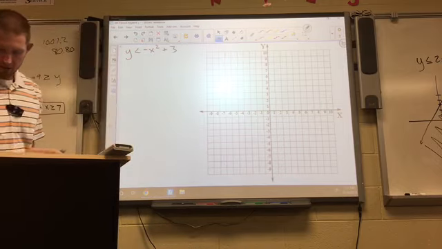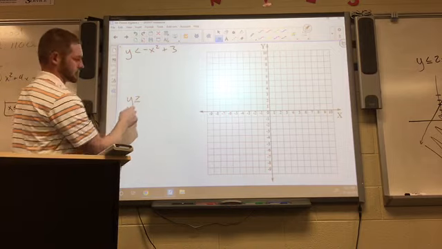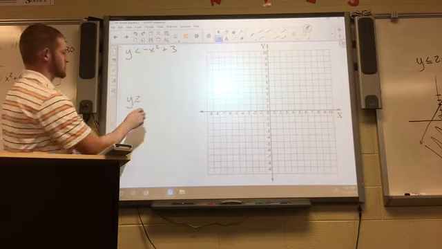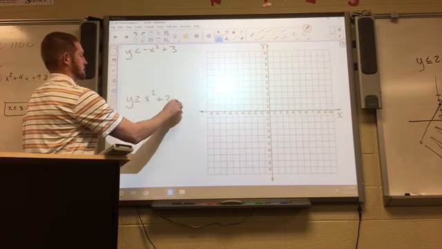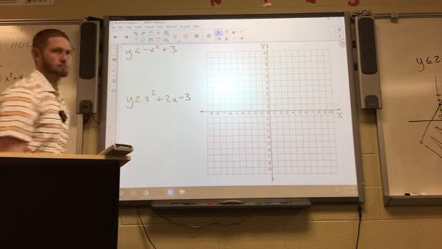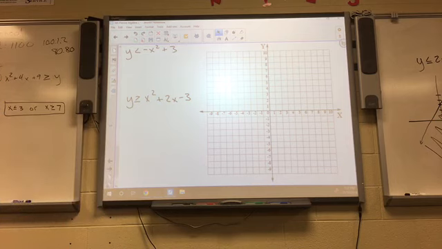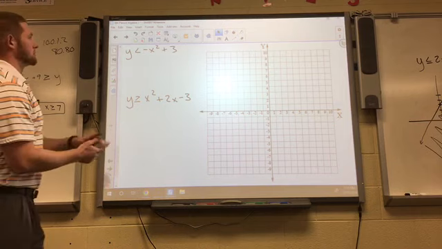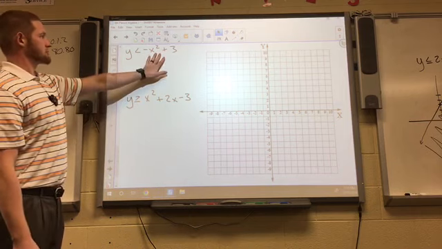They give me that, and they give me that y is greater than or equal to x squared plus 2x minus 3. All this means is you're going to graph both of them. Your solution is going to be where the shading crosses each other. Okay? So, first graphing this,